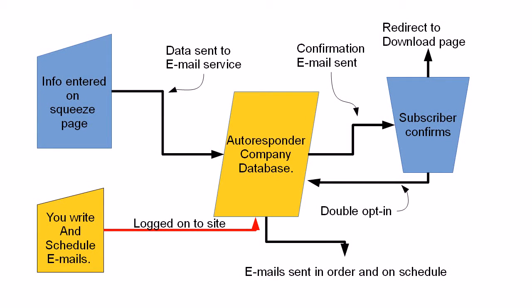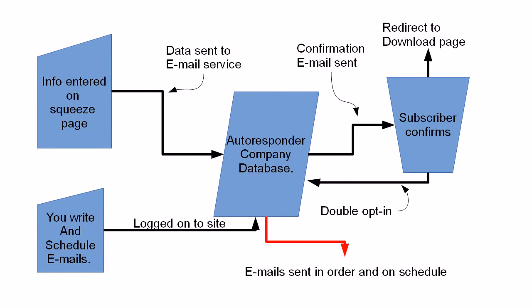Now, in a sort of secondary process as well, you write and schedule the emails. You log on to the autoresponder company's site and you write your emails, and you can personalize them with the person's first name, and you can put other information in as well that changes with each email. And this all gets stored in the autoresponder company's database,